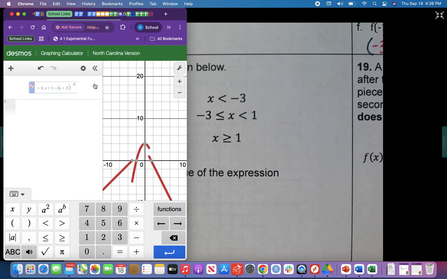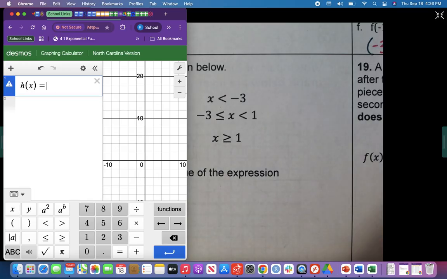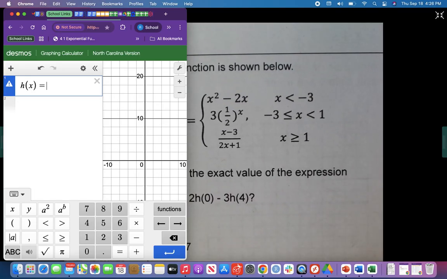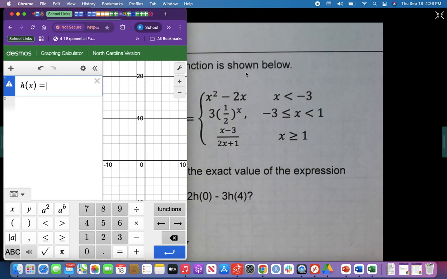So let me type that in. So h of x equals, and then just like I did before, right side colon left side. So x is less than negative 3 is going to go first. So don't forget your curly brackets. So x is less than negative 3 colon the left side, x squared minus 2x, comma, next line, negative 3